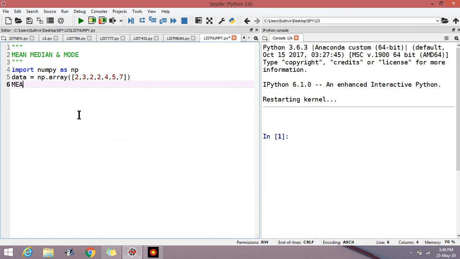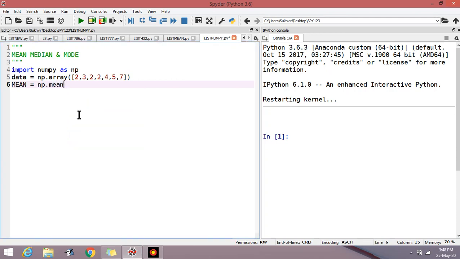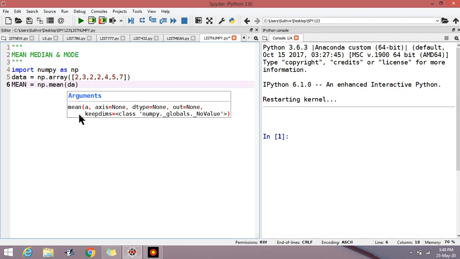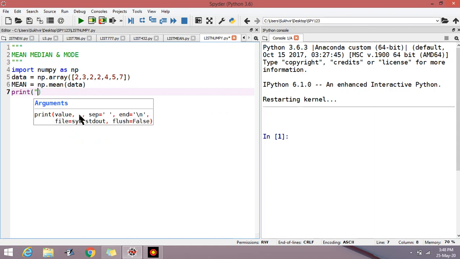For the calculation of mean, suppose I write one variable, mean is equal to np dot mean, then passing data, then print the value of mean or average is equal to, comma, mean.